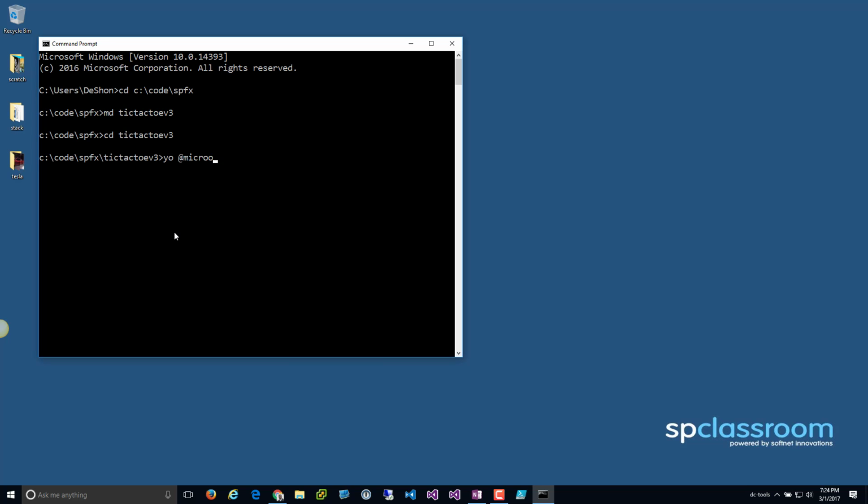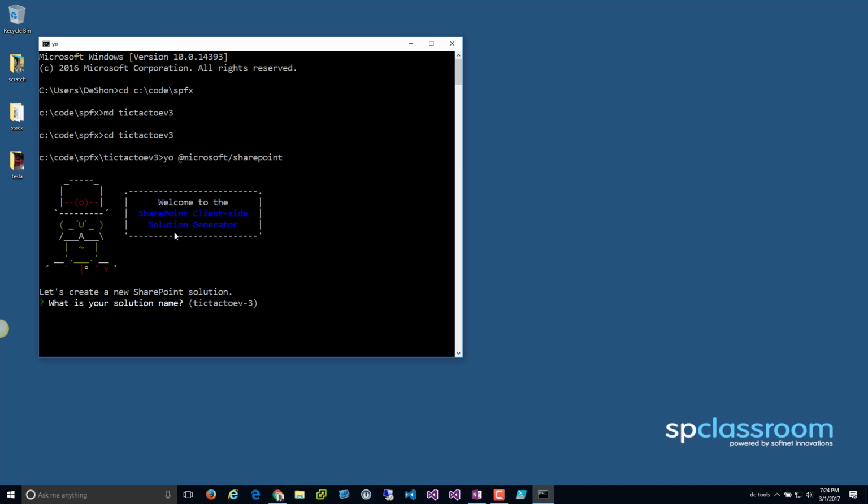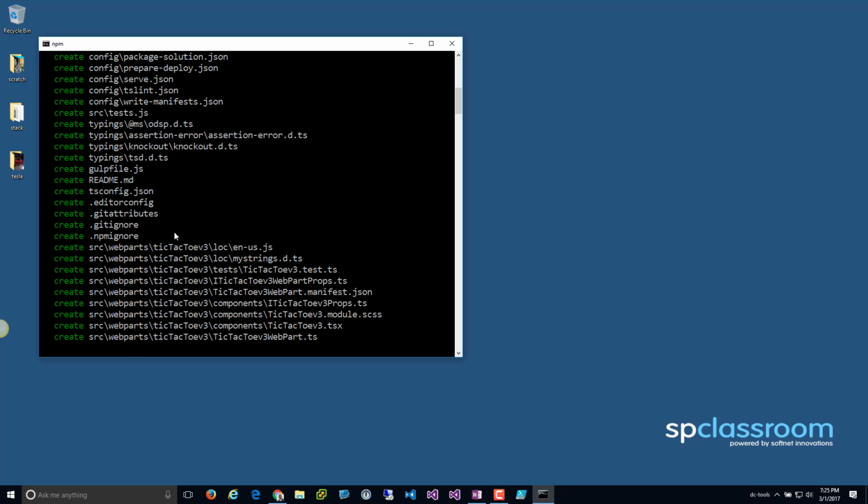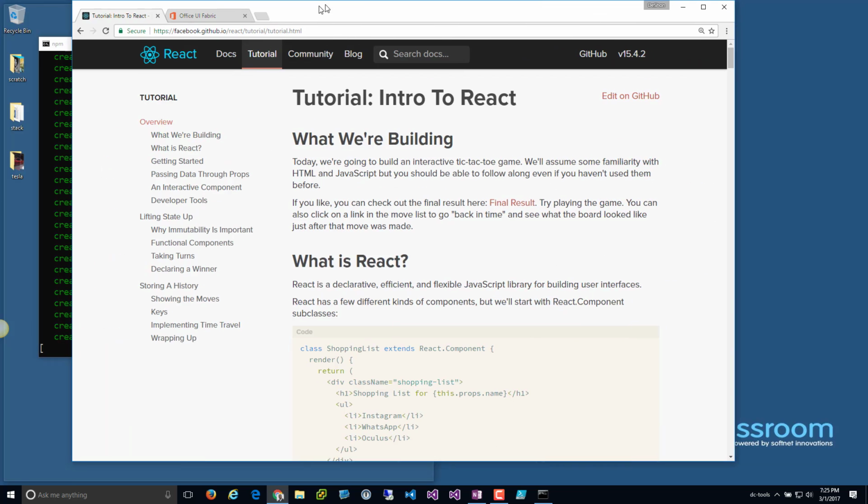So Microsoft, and this is all standard. There's nothing new as far as this step here. So yep, I'm good with the solution name. Let's just call this tic-tac-toe v3, and now this one we want to select the React framework and go ahead and let this create. Now this is going to take a little bit of time, so while that's working, let me just bring up